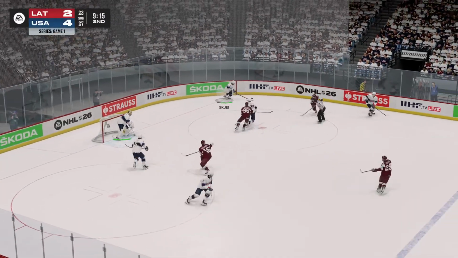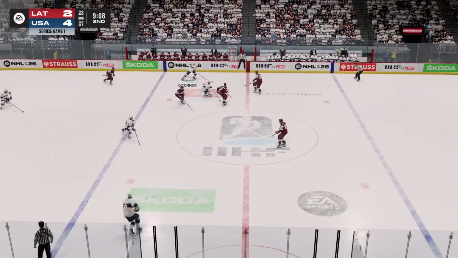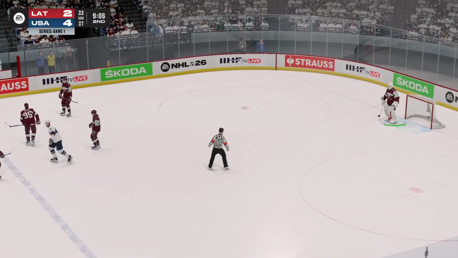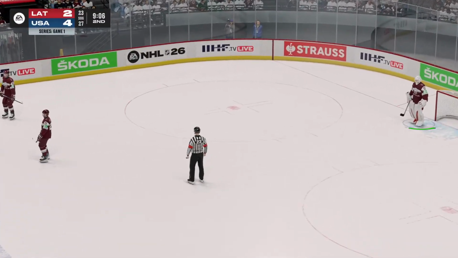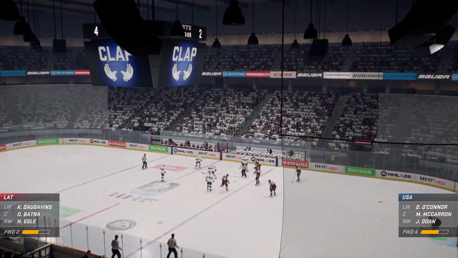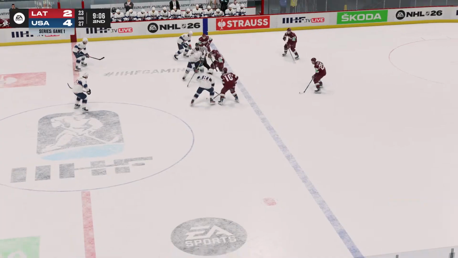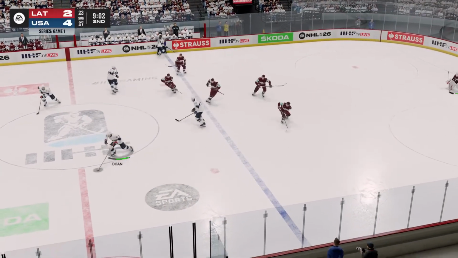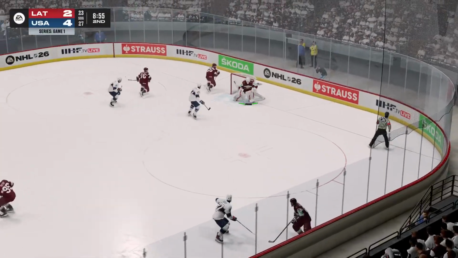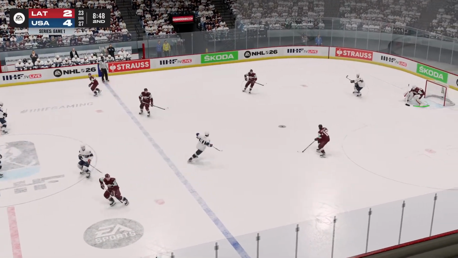Face-off control by the United States. Shea Pindle on the boards, but they'll get it out to center. O'Connor flips it out of play. Close to a delay of game opportunity there. Face-off in center, controlled by the Americans. Josh Doan brings it in, sends it around the boards, back to it is Latvia, and they'll get it out of the zone, or at least attempt to.